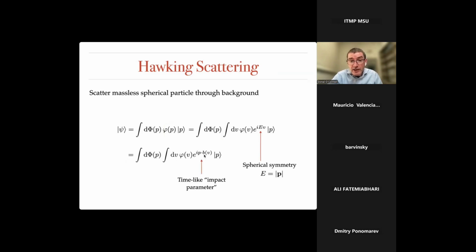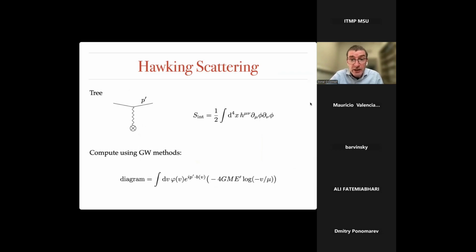As a matter of notation, I find it very useful to think about this Ev as being something like P dot B. So P is the momentum of the particle, and I'm thinking of B as just being a 4-vector, B0, 0, 0. I'm calling it B because it's kind of like an impact parameter. It's just an impact parameter that separates the particle getting through the origin by some time from when the actual black hole forms. The black hole forms at some time, which is taken to be 0, basically. So my particle just has to get through the origin sufficiently fast before the black hole forms, and then it gets out to scri.